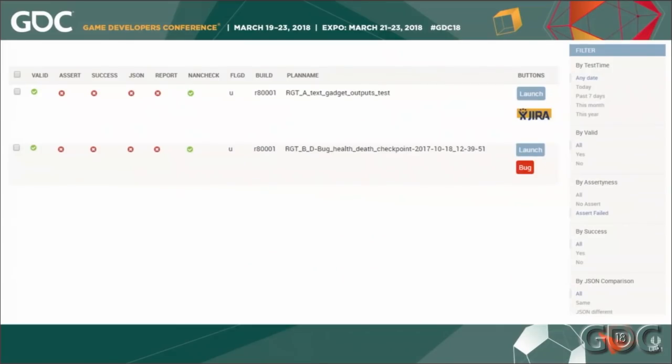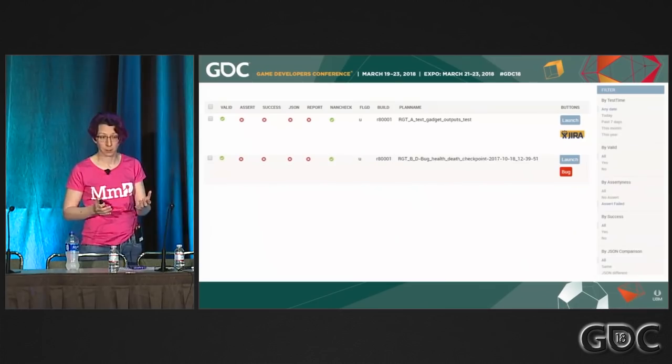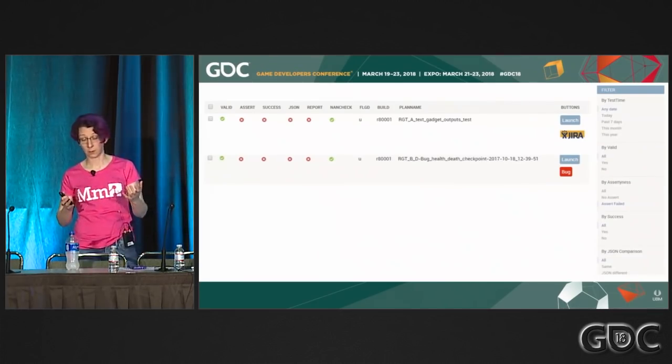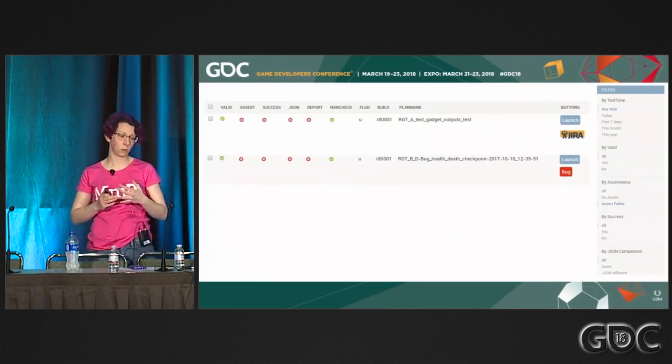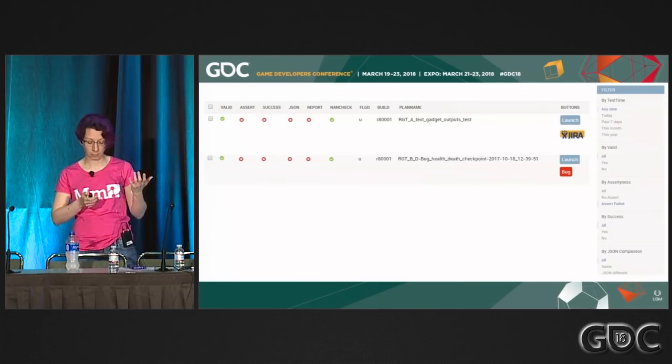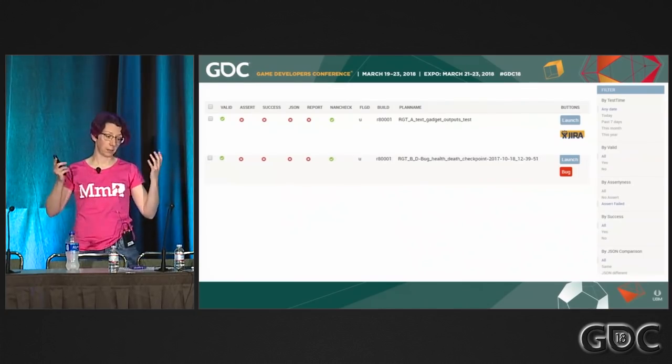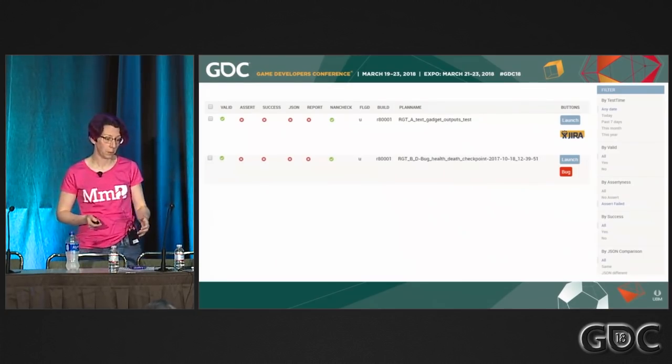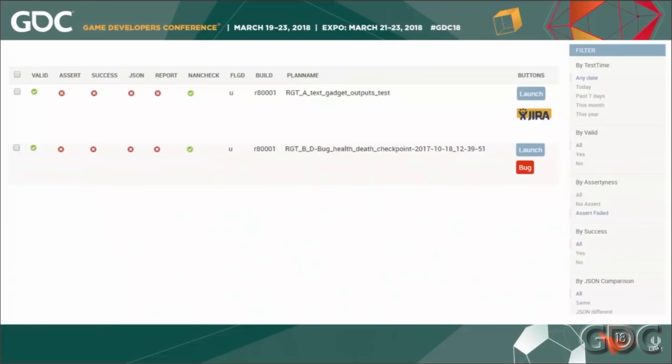So that's the email. The results are also viewable via a web UI. So the email is more useful for programmers. The web UI is more designed for QA to use. And they can filter the results, they can sort the results, they can see kind of what it was that failed about the results. But we've added some interesting buttons to the web UI. So there's the Jira button that you can see there, the orange and blue one.